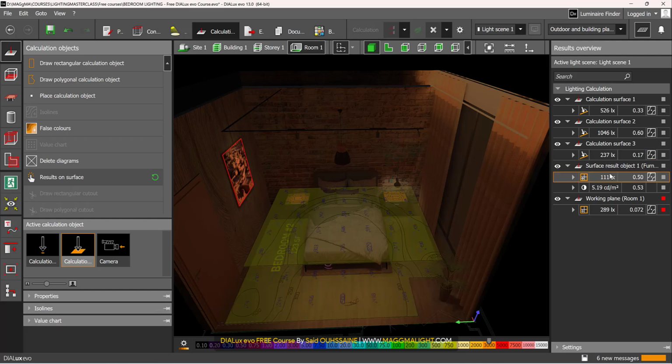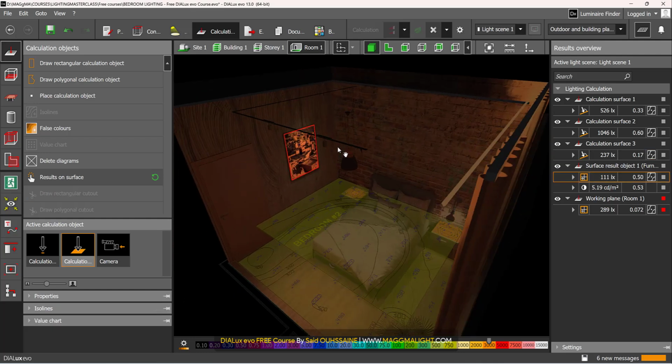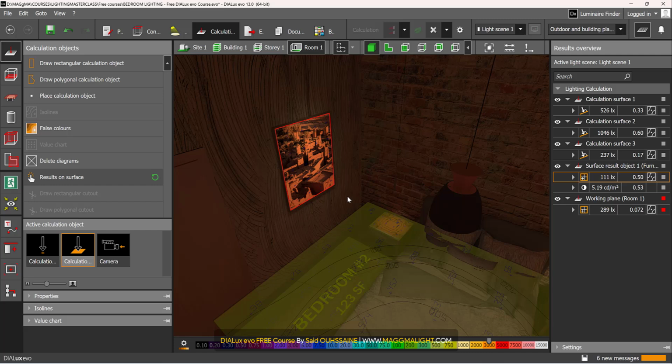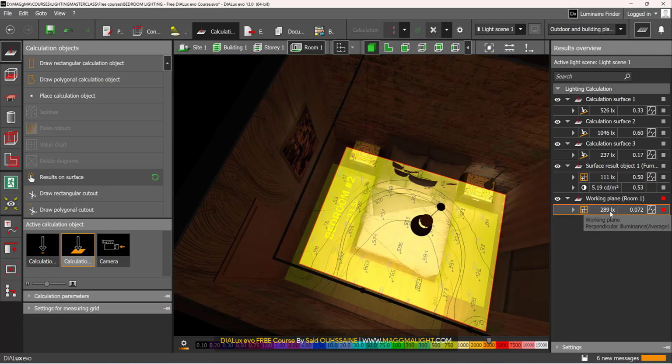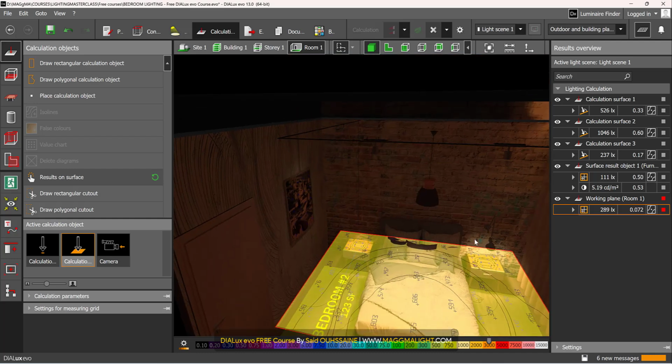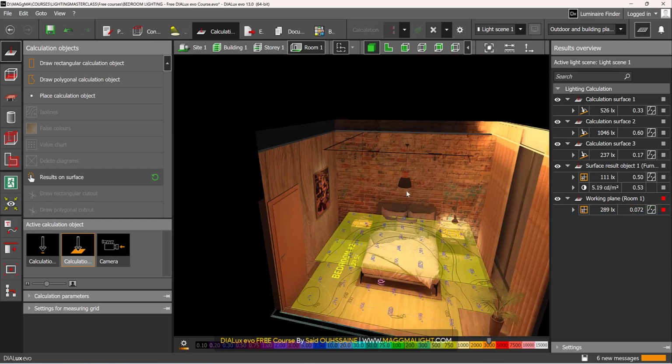Then as for the surface, we have 111. As for the working plane, it's 289. All of these results are good,